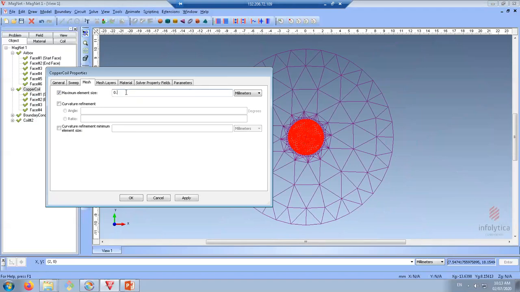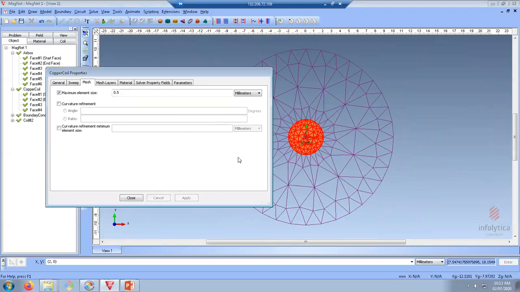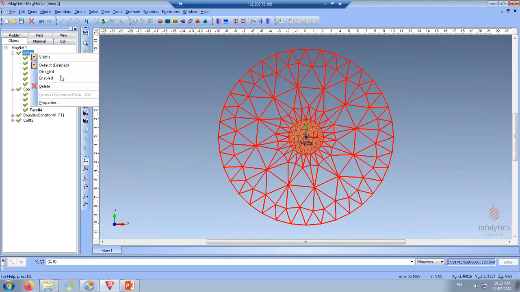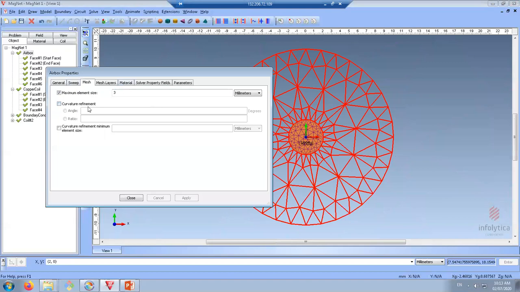0.2 is too refined. We don't really need that. 0.5 is a good one. This is a very simple problem. You don't really need that refined mesh. So this is what I mean by mesh. You have some other options as well, for example, curvature refinement,